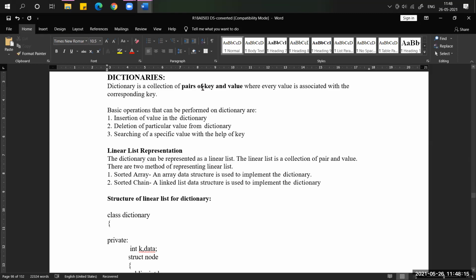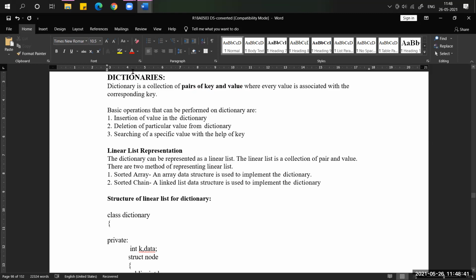In the same way, keys are unique, and the values may be repeated, like for example your names. Two students can have the same name, so we can't change that, right? That is the example of a dictionary.